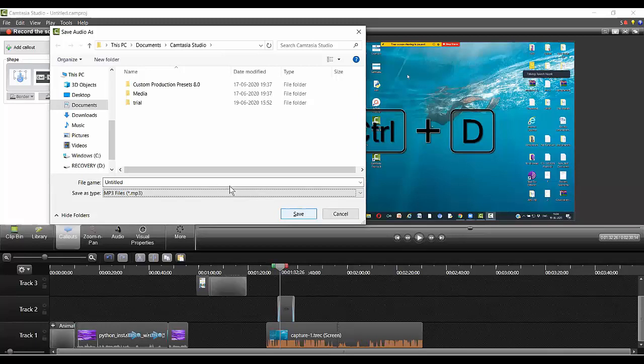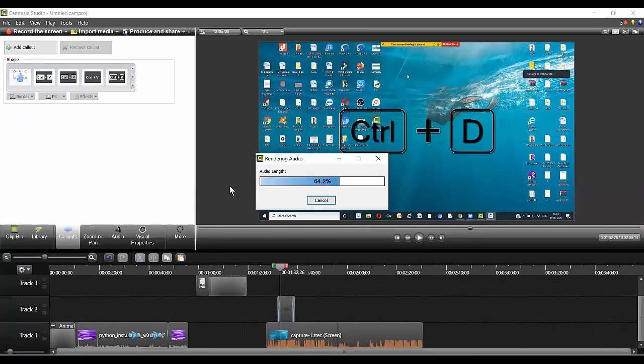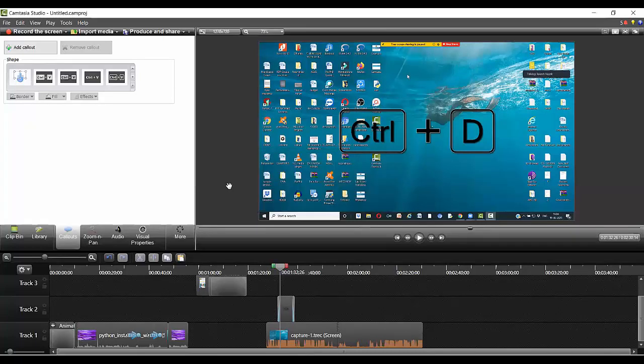Okay. And if you want to do some kind of noise reduction and all those things, you can use Audacity software. With Audacity software, you can do a lot of sound related editing. Okay. I'm having Audacity also. I'll show you once how it will be like. Yes, here it is.